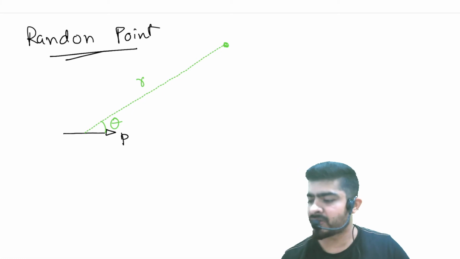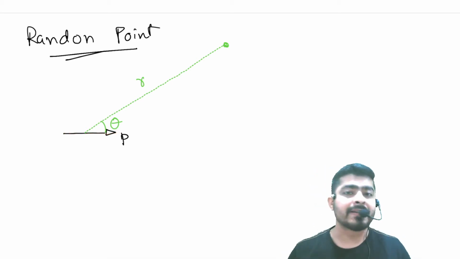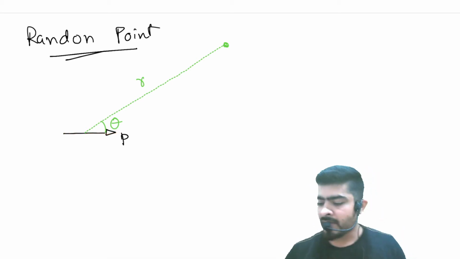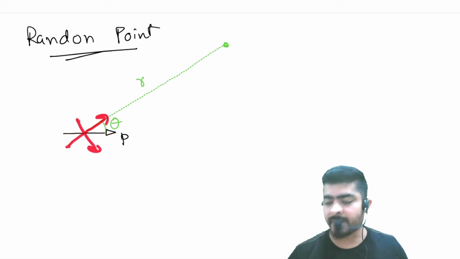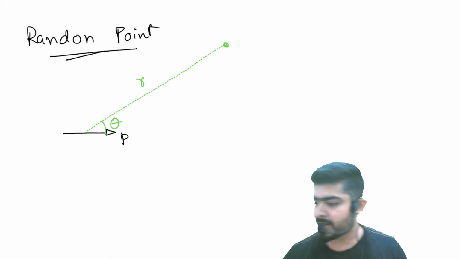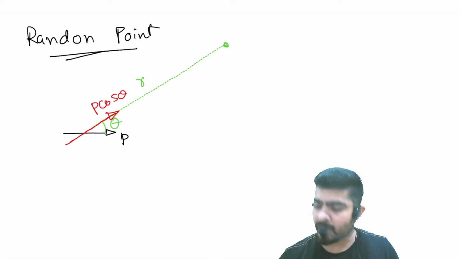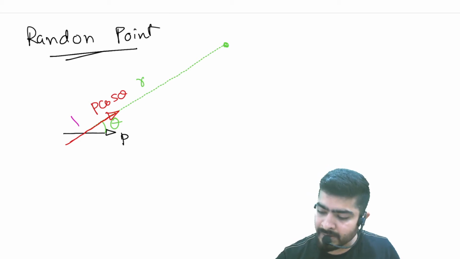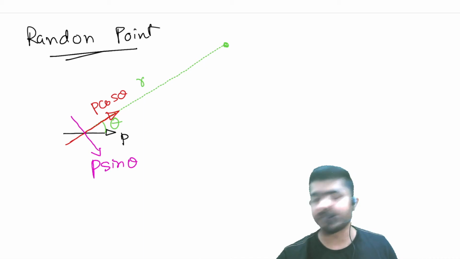That's very easy actually. First of all, divide the dipole into two components. See, dipole is a vector, right? So you can divide this vector into two components. One component will be in this direction, another component will be in the perpendicular direction. So let's draw these components. The component in this direction will be p cos theta, and the component in the other direction will be p sin theta. I hope everyone is clear with this concept.